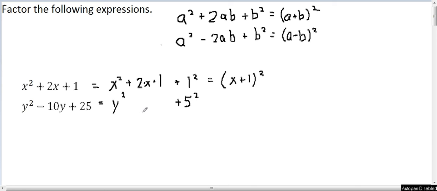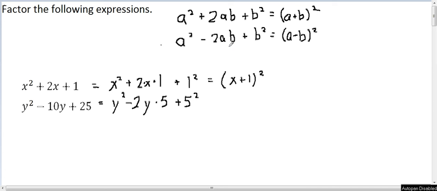And finally, we just need to make sure the middle terms match up. We have the minus sign, and 10 can be factored into 2 and 5. So we can write the 2 here to make it match up. And we have 5y left. Since we said we're going to replace a by y, we can go ahead and write that here. And we're going to replace b by 5. So we get that, and written like this term matches the